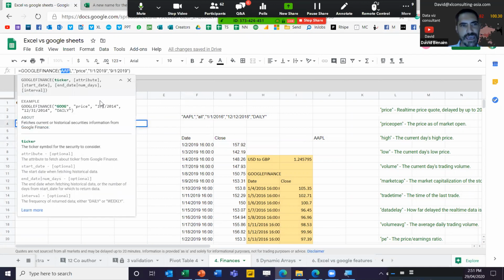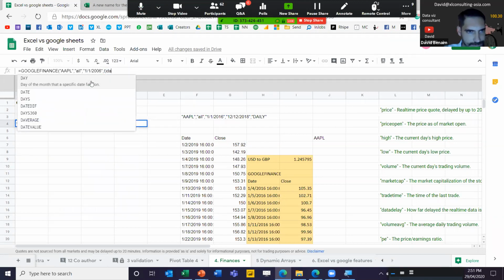You can say what the stock ticker is. So here we've got the Apple one, and then we can say price, but I can change the attribute to all, for example, and then close your speech marks, then say a start date and an end date. So I could say this is 2006 and goes all the way till today. Make that dynamic.